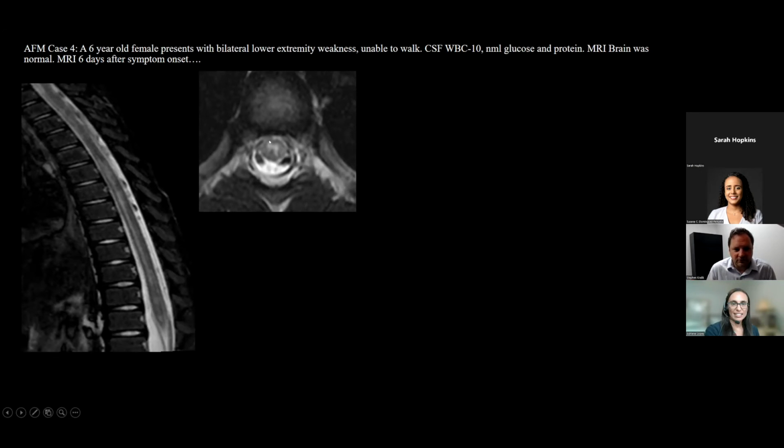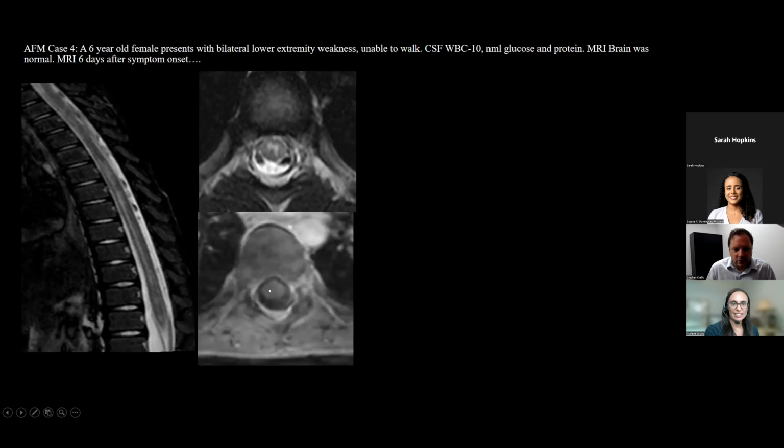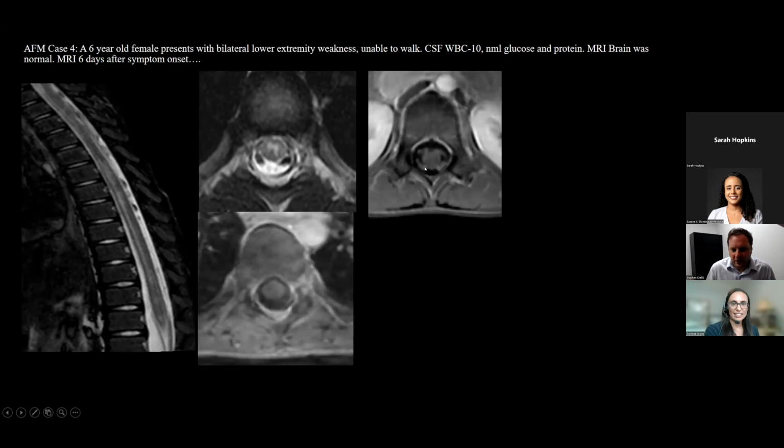On this one, it was that classic butterfly-shaped pattern through the thoracic cord. There was no enhancement this time on our axial T1. Here's our spinal cord, but when we go down a little bit lower into the cauda equina, what you want to do is use your spinal cord as an internal reference. So the intensity of the spinal cord should be similar to the cauda equina, and this is not doing that. The cauda equina are just a little bit brighter than the spinal cord,